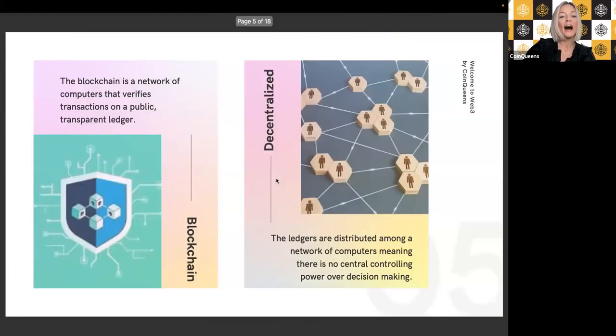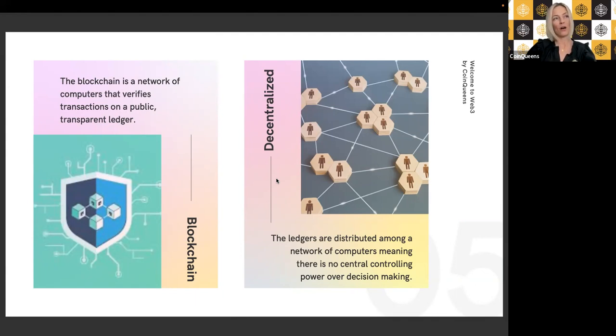So I'm going to do the high level Web3 overview. Blockchain, it's why it all exists. It's why we're all here. It's a little different than the way the internet works, because instead of having one big server, we have little servers located all over, thousands and thousands of them, and they allow for all transactions to be publicly open source. And why is that good? It's because it allows everyone to know that it's safe, secure.